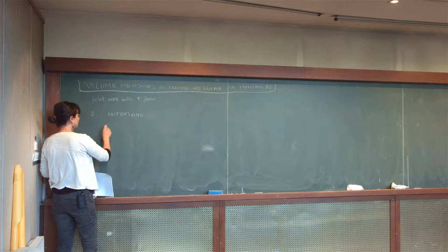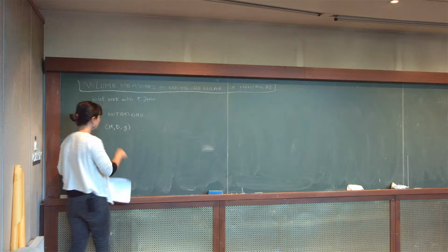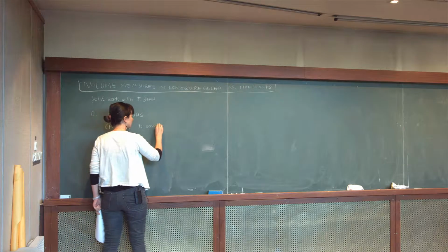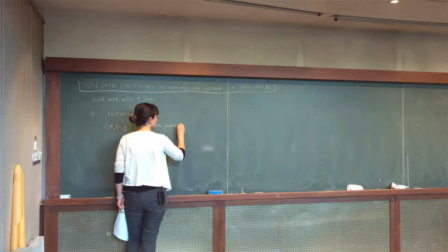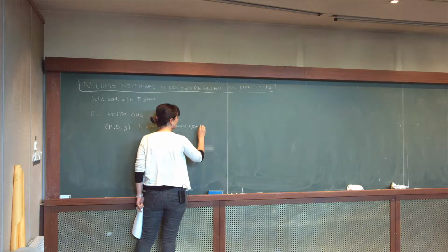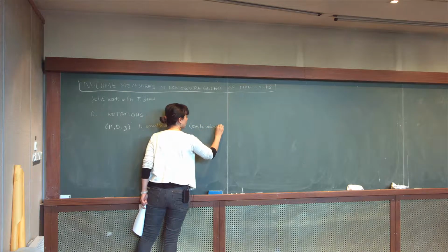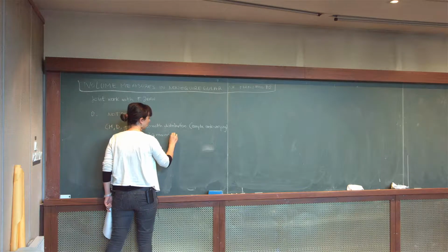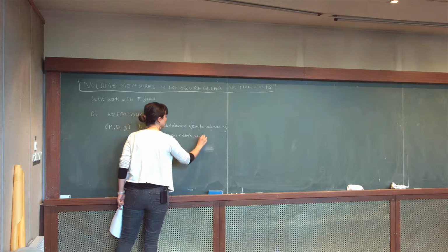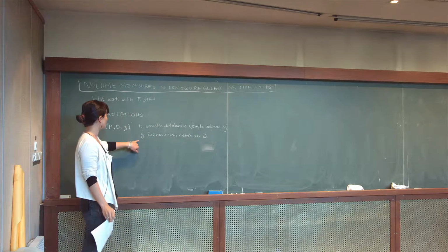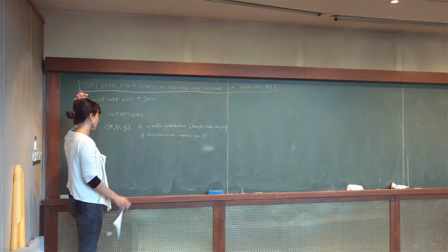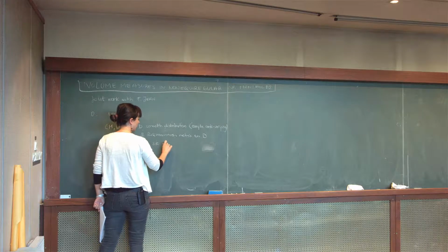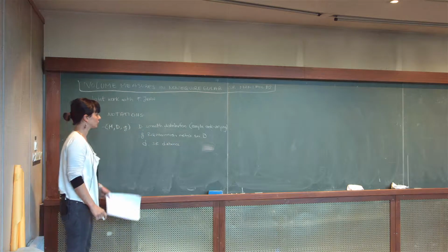So a sub-Riemannian manifold, which I guess everyone is familiar with, is a triple (M, D, G) where M is a smooth manifold, D is a smooth distribution, which may be rank varying, and G is a Riemannian metric on D. So with a Riemannian metric, I can measure the length of curves that are tangent to D, and I can define the sub-Riemannian distance as the infimum of the length of curves tangent to D. And of course, I assume the distribution to be Lie bracket generating.